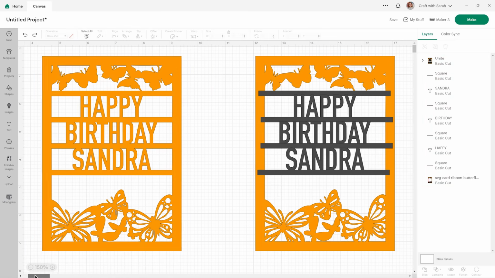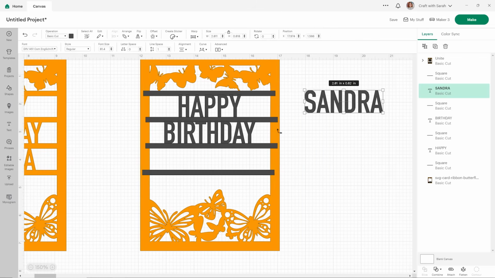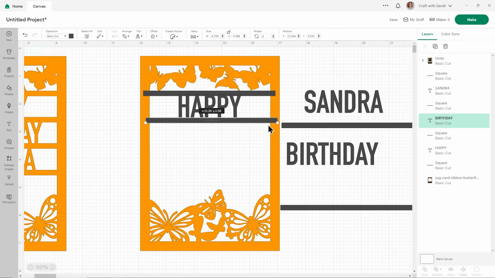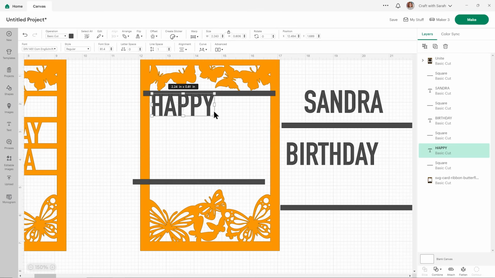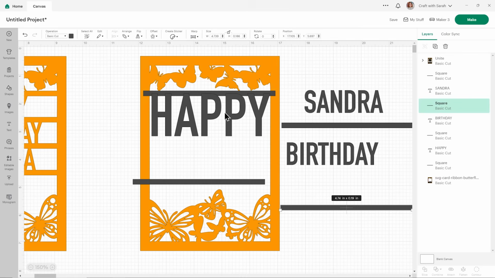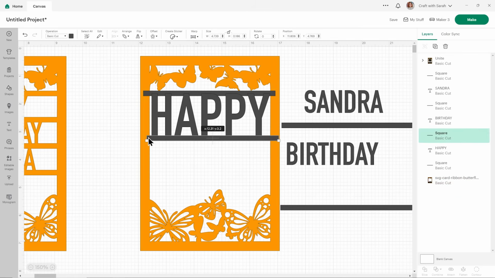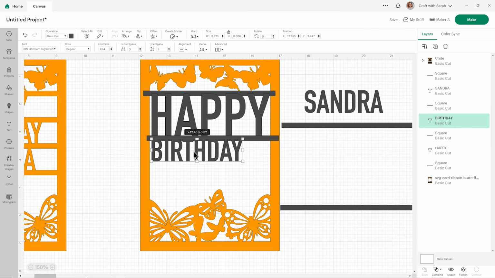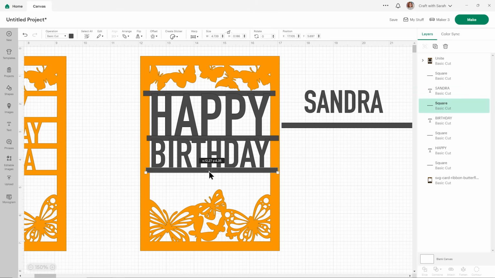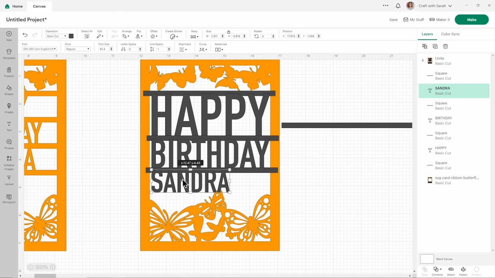Okay, so let's have a little look at a slightly different way of doing it, which is where we can fill each line with different sized text. So it's still going to say the same thing, but this time I'm going to drag my text so that it kind of fills the whole line. Add in the rectangle and do the same for the next one. I'm not quite having it touch on the sides, I'm leaving a little gap. And then that one. And then the name.